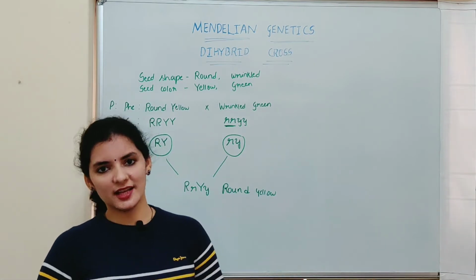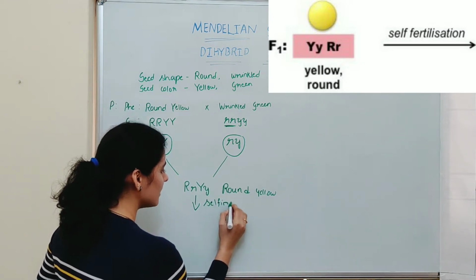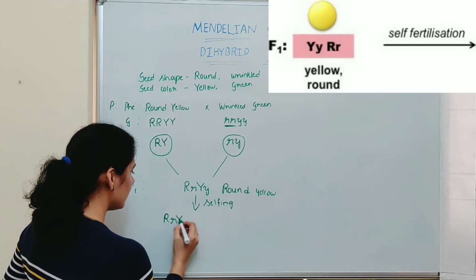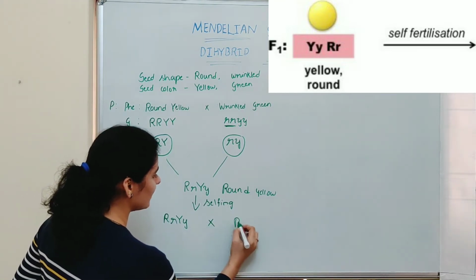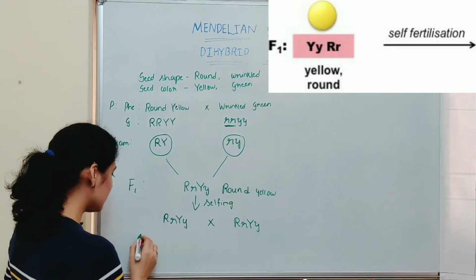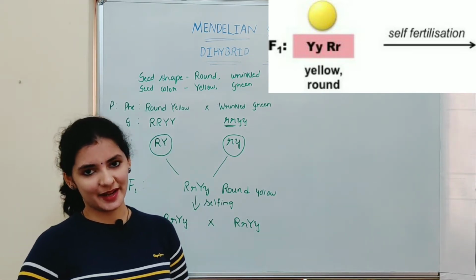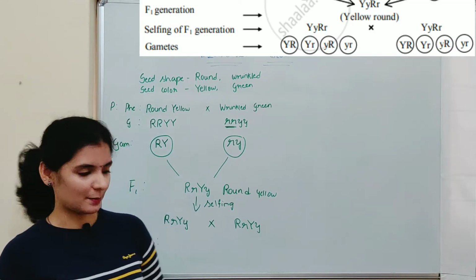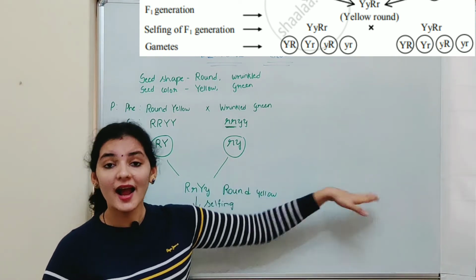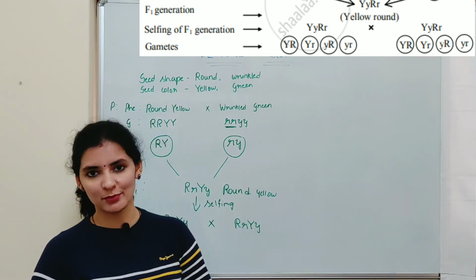Later, Mendel continued the experiment, that is, he did selfing of this F1 plant. So, next step is selfing of the F1 dihybrid. So, capital R, small r, capital Y, small y is crossed with capital R, small r, capital Y, small y. Next step is gametes produced, the gametes produced by this dihybrid plant. Writing gametes is a very important step. If you make a mistake while writing the gametes itself, all further steps will go wrong and you will end up getting the wrong phenotypic and genotypic ratio. So it's a very important step.